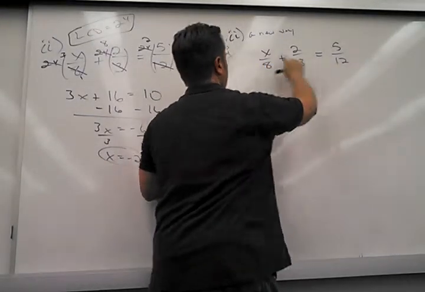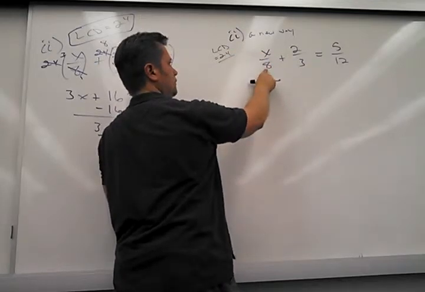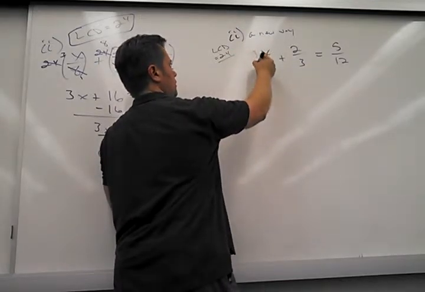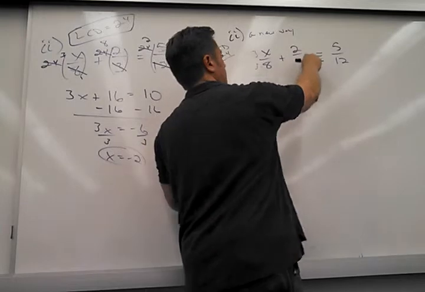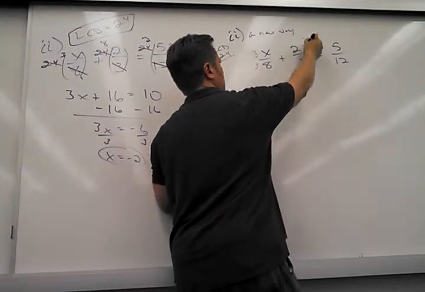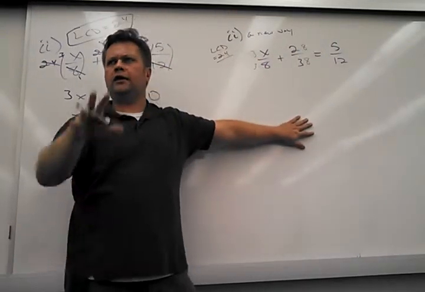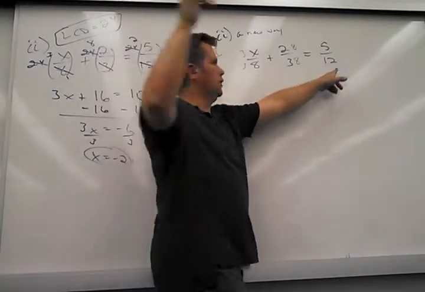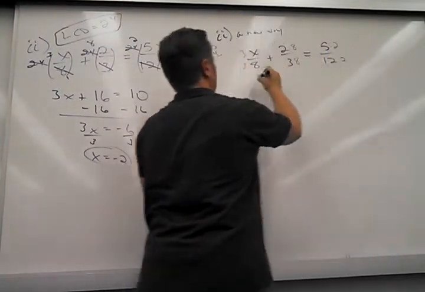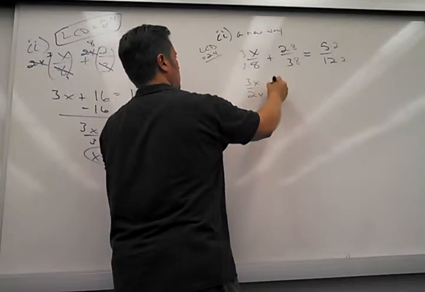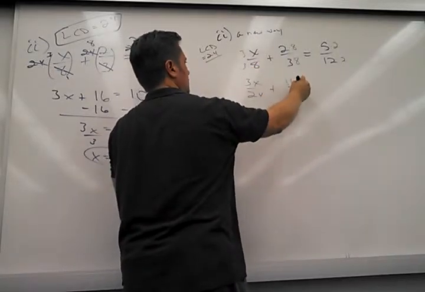How do I give everybody that LCD? What does this guy need? 3. So you multiply by 3. What does this guy need? 8. We good so far? I mean, this should be old news. We can make everybody have the same LCD. And of course, he needs a 2. So then you get 3x over 24 plus 16 over 24